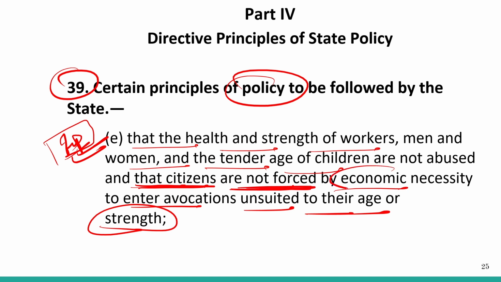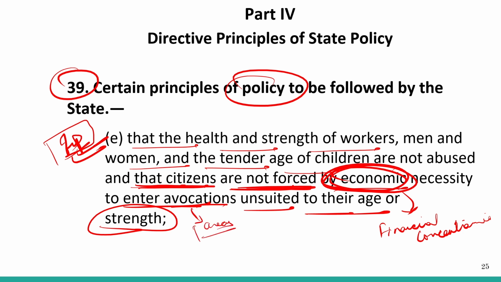Because of financial constraint, necessity to enter avocations, areas, job settlements, unsuited to their age or strength. If somebody is working just because of their financial situation, then it will be considered a defeat